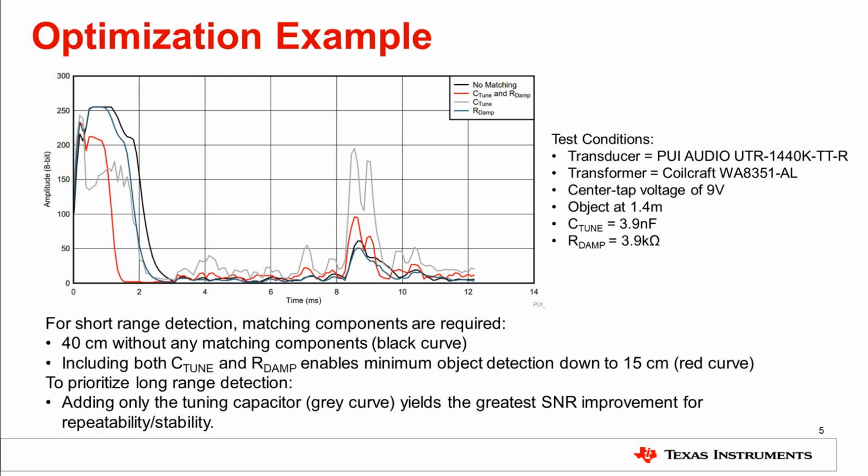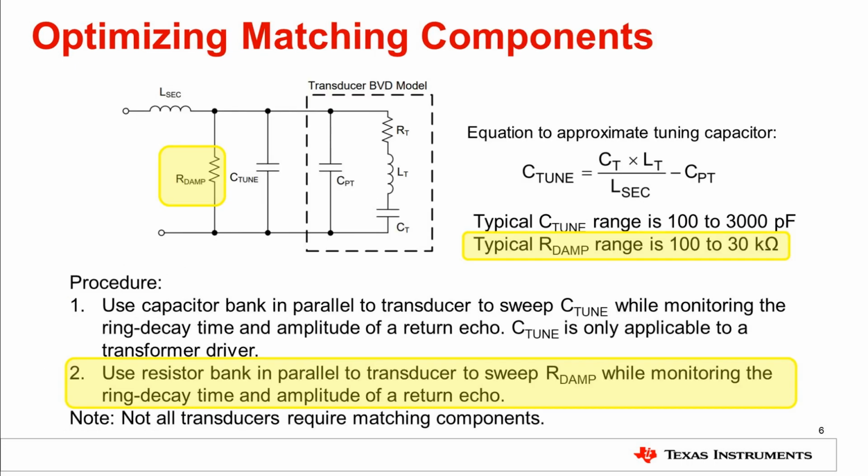The damping resistor is a resistor added in parallel to the transducer to help reduce the ringing decay time without significantly jeopardizing the driver strength of the long-range measurement. A damping resistor can benefit both the transformer-driven and direct-driven modes as a bleed-out resistor for post-excitation critical dampening of the ring decay energy. When damping resistor selection is optimal, it will have a negligible loading effect on the transducer during the burst and listen segments of the time-of-flight measurement. Thus, a damping resistor is always recommended.